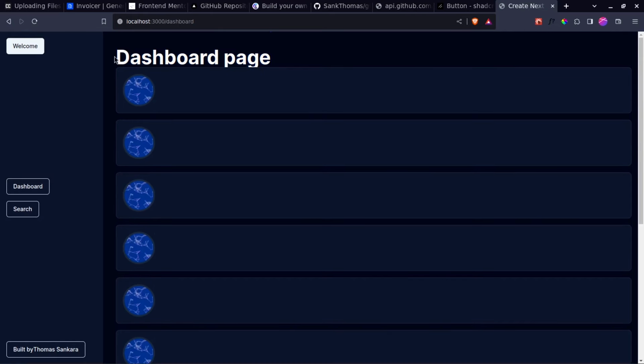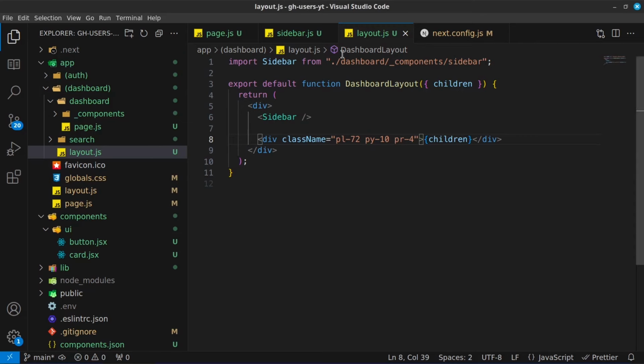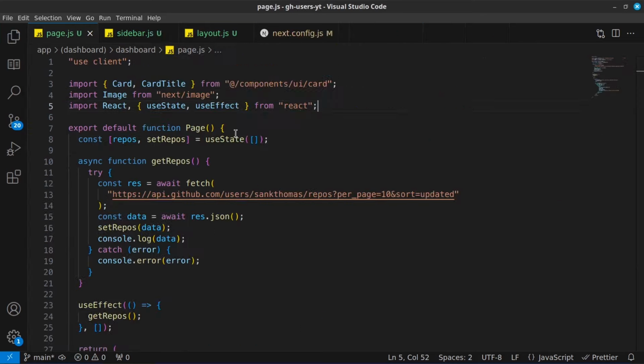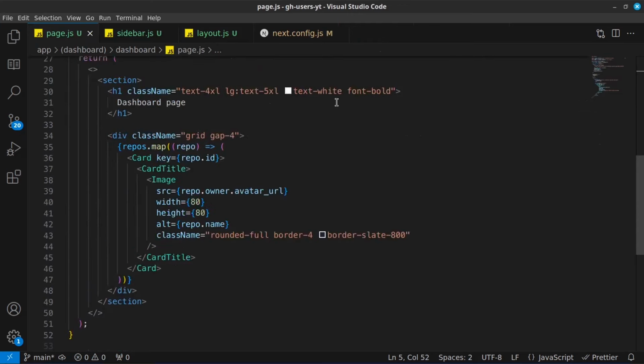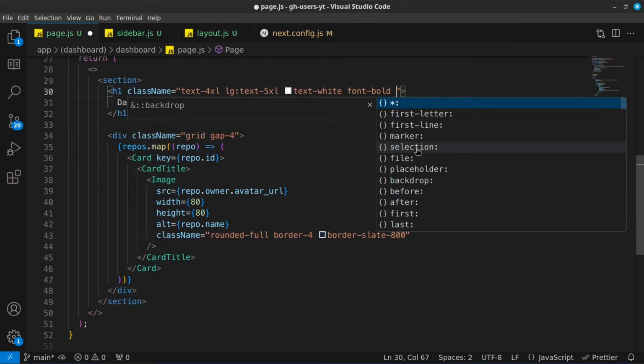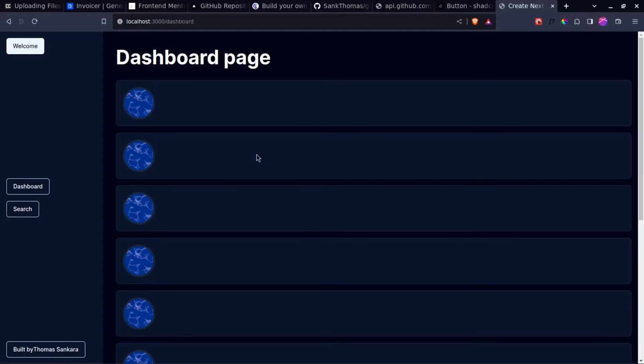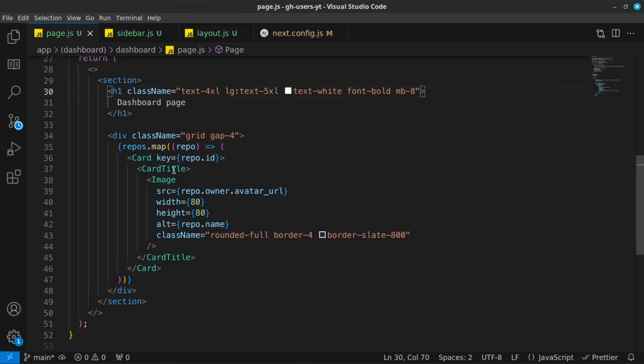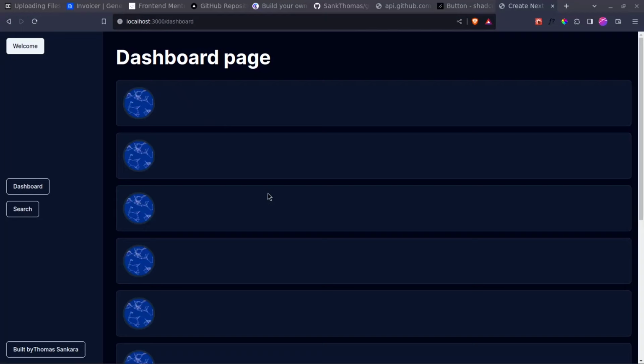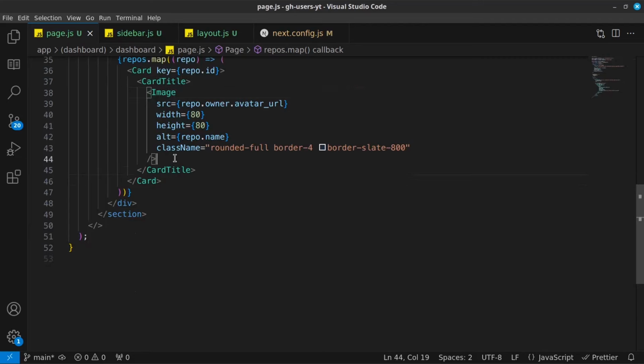Now back inside the dashboard page, let's begin to style this out. So let's go inside the dashboard and then the page.js. Now we want to do the following: give the h1 a margin on the bottom of 8, margin bottom of 8 to push away from our cards right there. So we're going to say the following. Let's go ahead, what do we need? We need to display the name